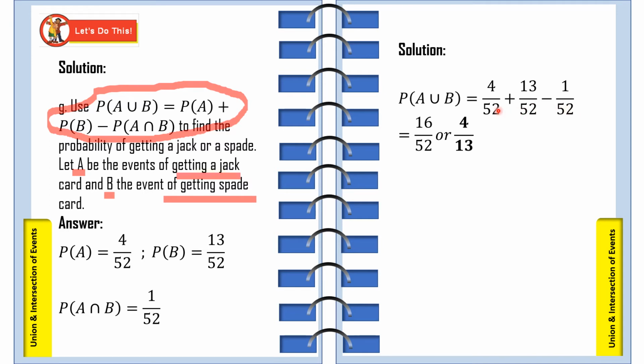And then, ito madali lang to. Addition and subtraction of similar fractions. So, I just add 4 plus 13 is 17 minus 1 that is 16. Copy the denominator 52. Or, like again, lowest term. So, ang final answer natin is 4 over 13. See? Ganun na siya. So, tapos na tayo. So, ang sagot natin sa tanong na what is the probability of getting a jack or spade is 4 over